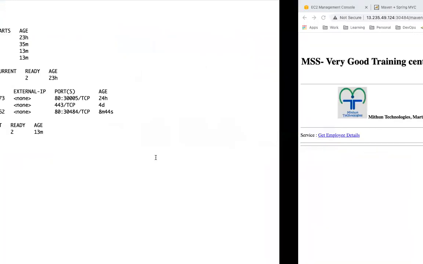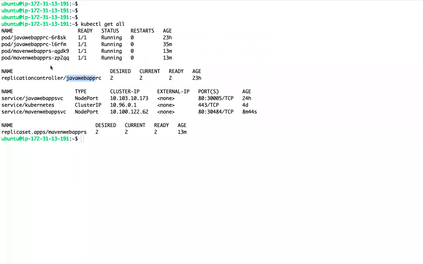First, let me scale up, scale down. If you want to scale this one up, you can use kubectl scale rs, then the replica set name, which is my replica set, with the replicas option.